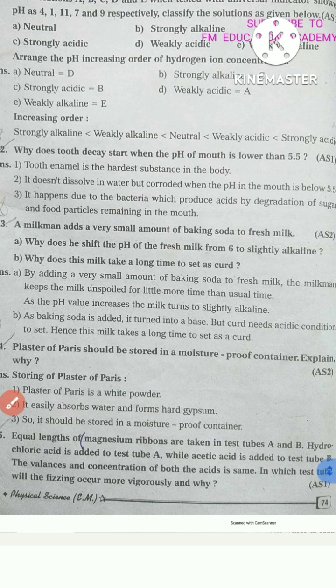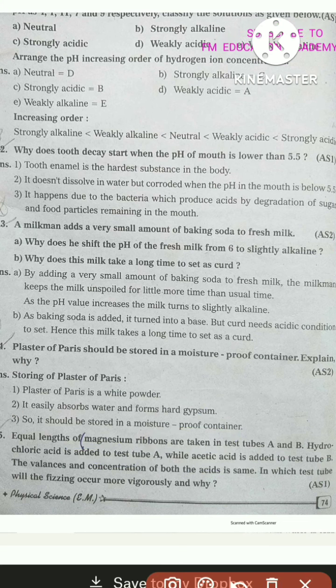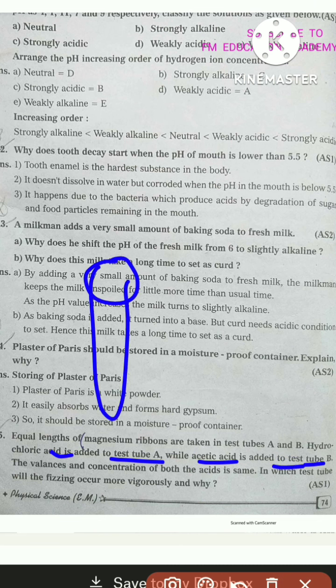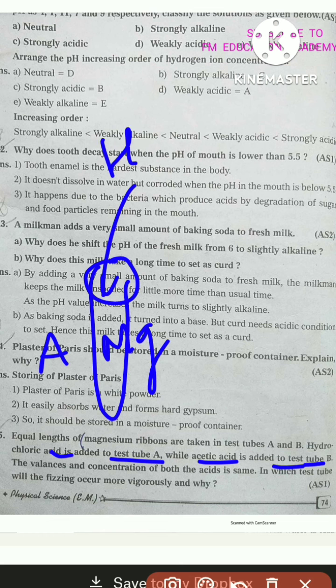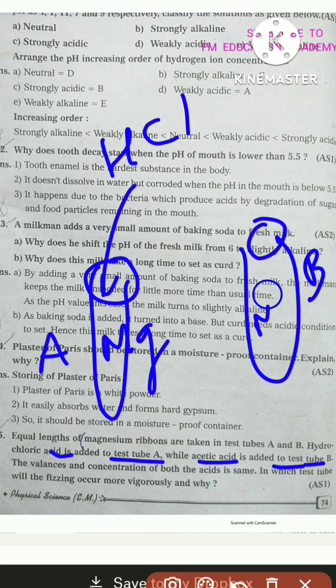Next question is, magnesium ribbons are taken in test tubes A and B. Hydrochloric acid is added to test tube A while acetic acid is added to test tube B. It means that we are going to take test tube A, in which magnesium ribbon is already there, and then we are going to add hydrochloric acid to it, and then we are going to take test tube B, and magnesium ribbon is already there, and we are going to add acetic acid,